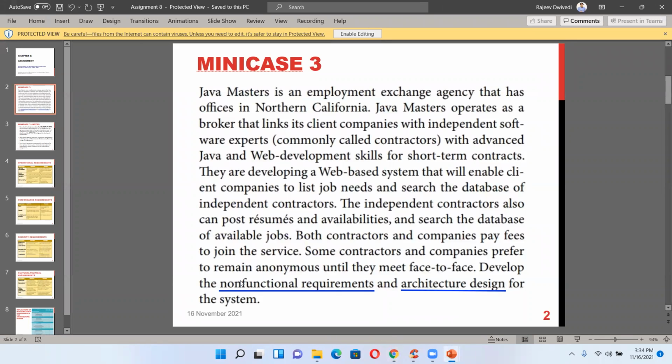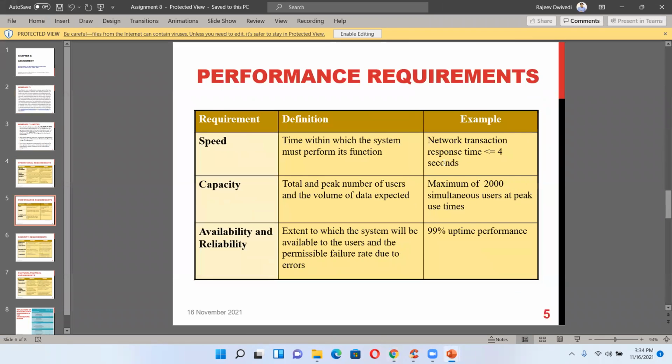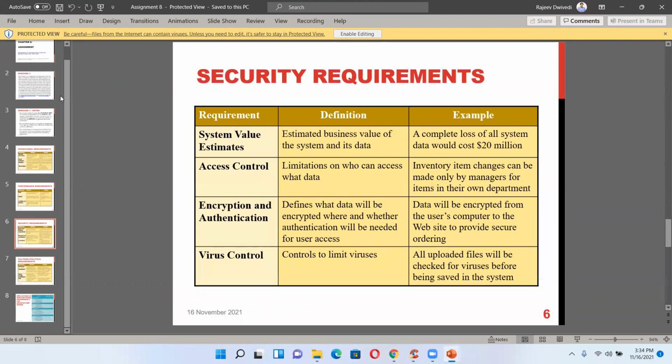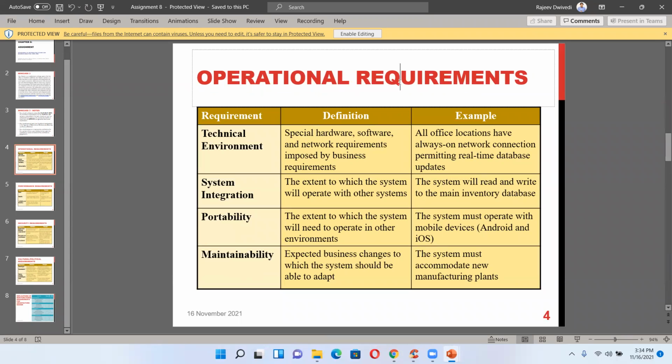So basically here you have to do non-functional requirements and architecture design. So no ER diagram is required, but architecture design is required, whichever architecture design you are going to select.